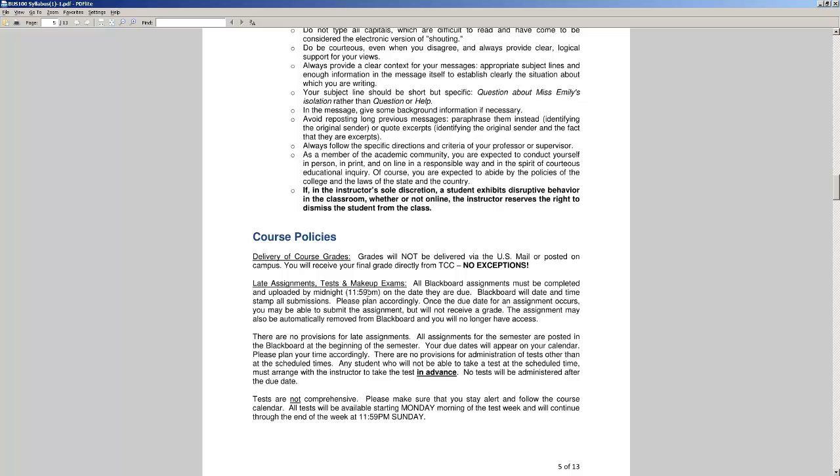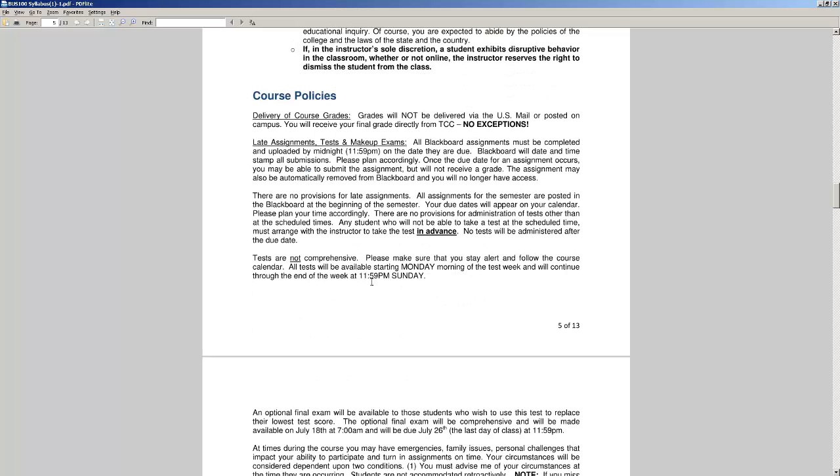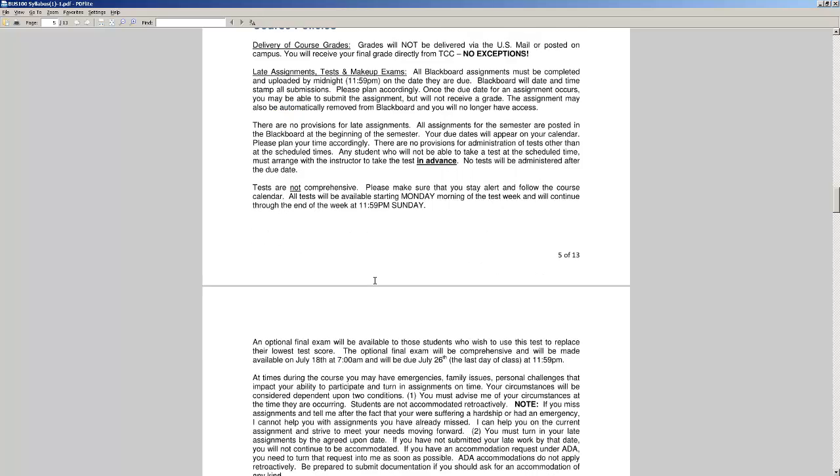Now, since there are no provisions for late assignments in this course, that also includes tests. So if you're not going to be available to take a test, you need to make arrangements to take that test early. And there will be an optional final exam that you can use to replace your lowest test score. So if in an emergency you need to miss a test, you can make it up by taking the final exam. Now I'm going to read the paragraph on emergencies